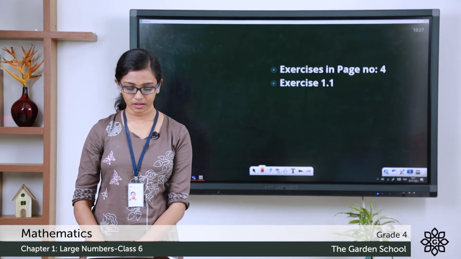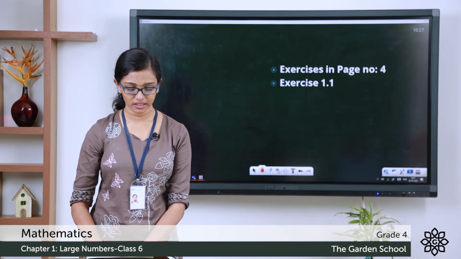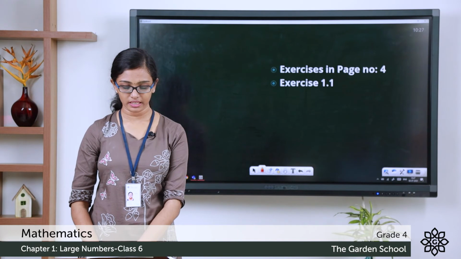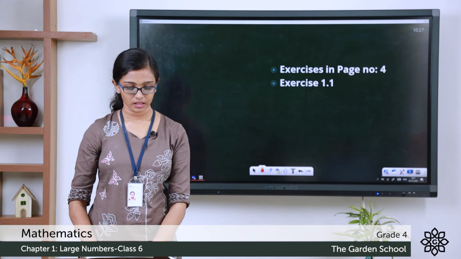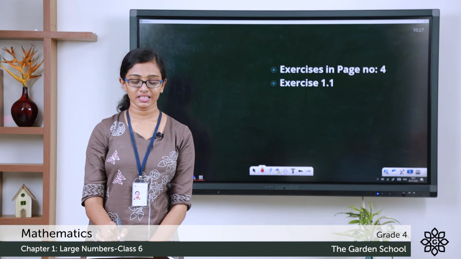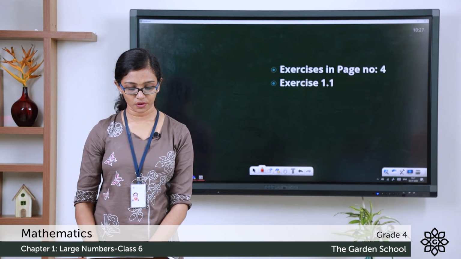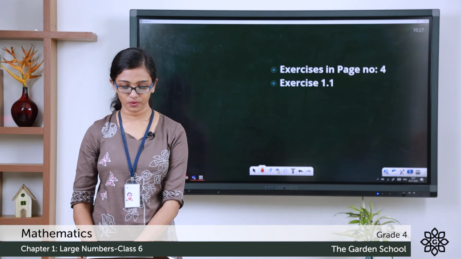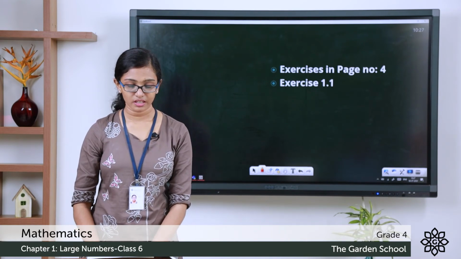So question A, the first number is 45,620, then 45,630, then 45,640, 45,650, 45,660 and 45,670. For B, you are adding in hundreds. So note that the digit in the hundreds place is changing in each number. So it's 43,100, 43,200, 43,300, 43,400, 43,500 and 43,600.